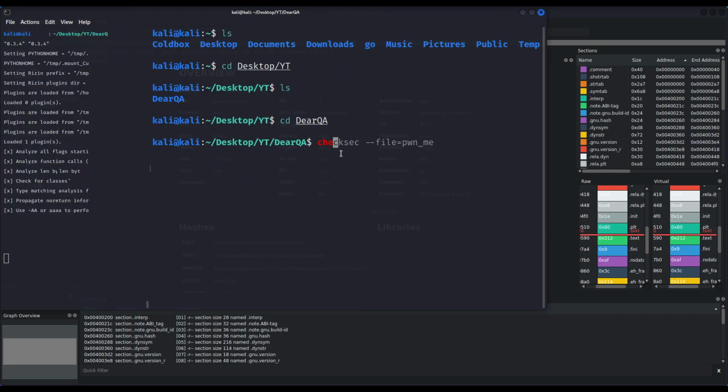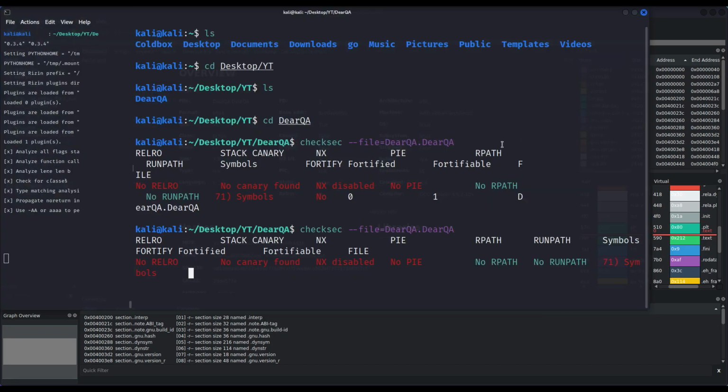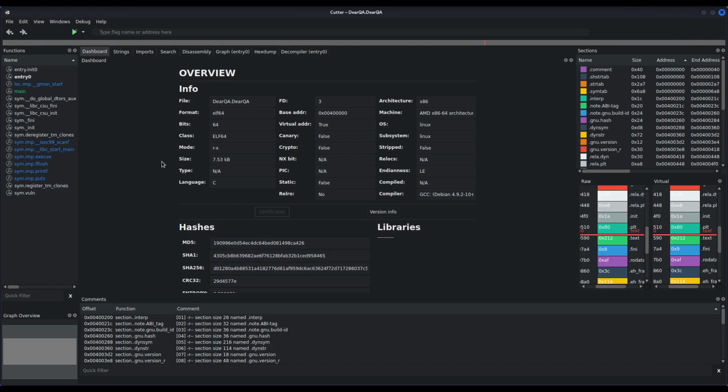One of the tools you can use is the almighty checksec, which comes installed by default with Kali Linux that I'm using right now. And as you can see, well, let me rearrange this a little bit. As you can see, there is no canary found, as we previously saw from Cutter, but we can also see the NX bit is disabled and there is no position independent code or position independent executable, which means that the addresses of the functions declared in the binary won't change between executions. Okay, now that we can see this binary is vulnerable to pretty much everything, what I usually do is inspect